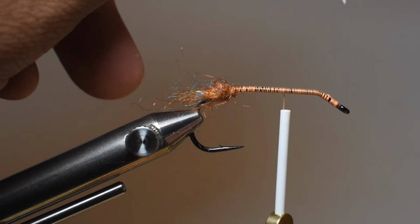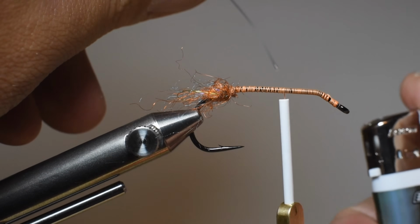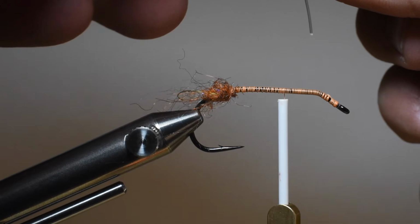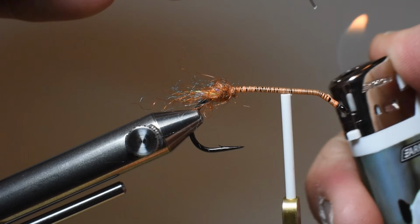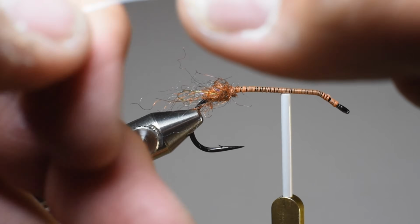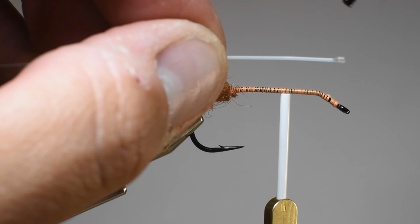I'll just cut off about a 3-inch strip, and I'll go ahead and just lightly burn it just to form a little bit of the shape of the eye. Not too much. We're going to be adding some resin to this, so I'll just do the same to the other side. And I don't cut these and separate them at this point,